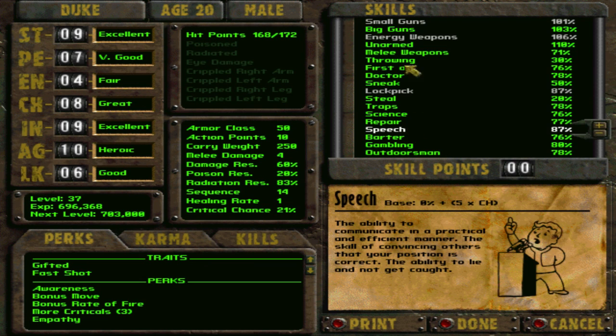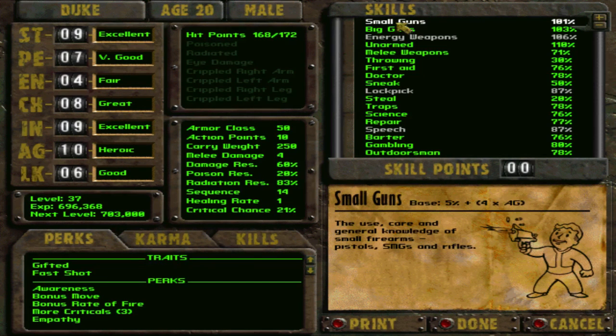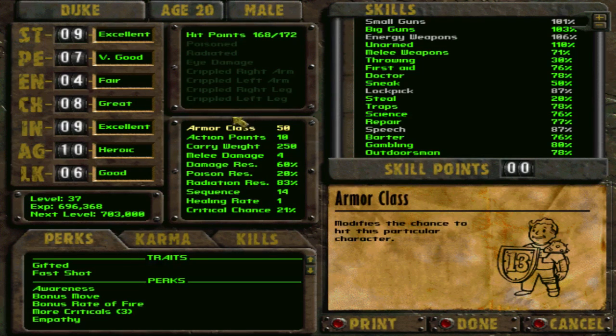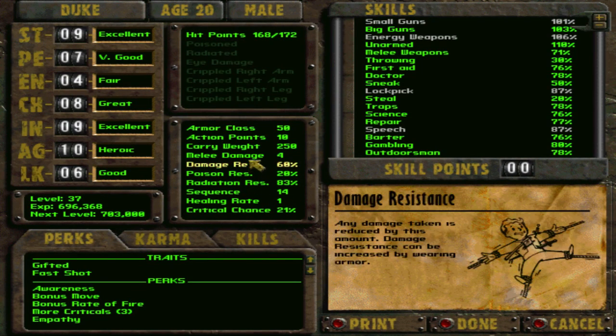And lockpick and speech are essential. Small guns, it's a good way to survive. It works with all rifles, SMGs, and pistols. If you're radiated, if you have eye damage, if you're poisoned, crippled. It says your armor class, weight, how much damage you do with melee,